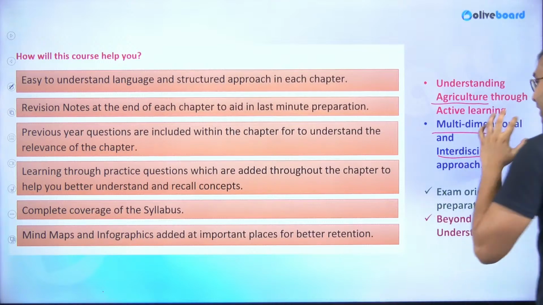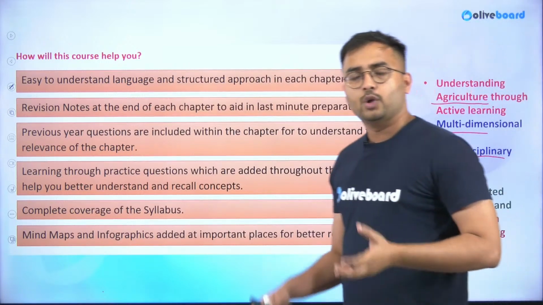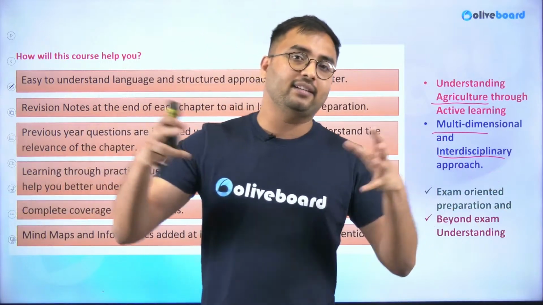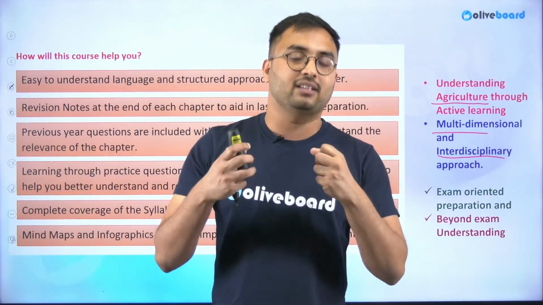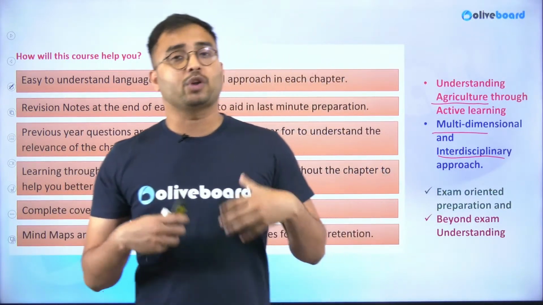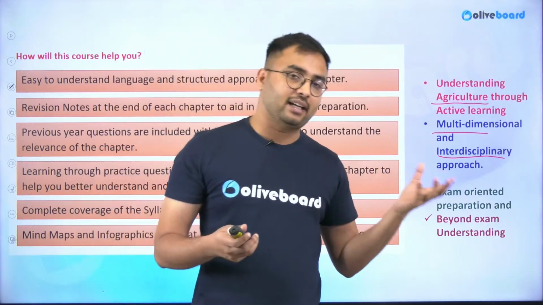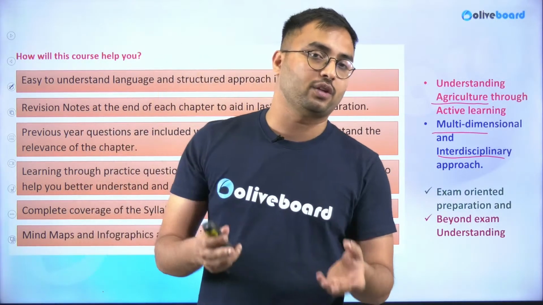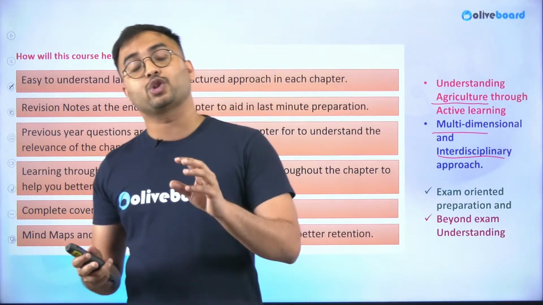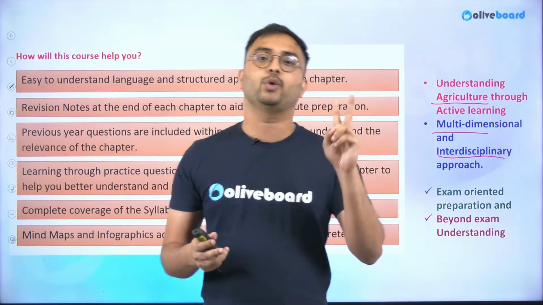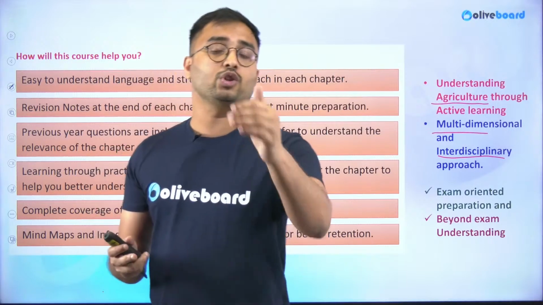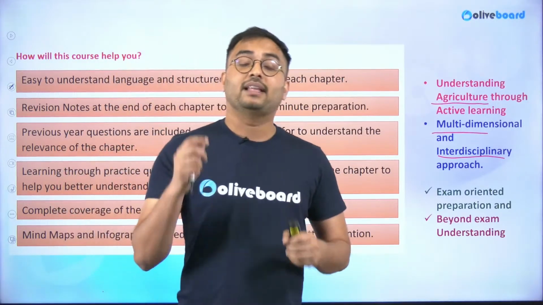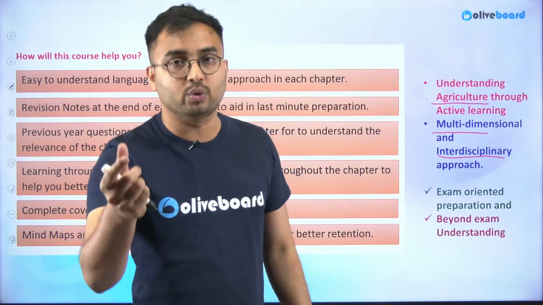There is a multidimensional and interdisciplinary approach in agriculture. You have to connect multiple dimensions like market and geography, and connect them together so as to understand the points well. For the descriptive questions which are asked, I can take an example: what is social forestry and what are the advantages and disadvantages of social forestry, which is a previous year question of the last 2 years, 2022 and 2023. If I ask this question to you, many of the students would at least be able to tell me what social forestry means to them.